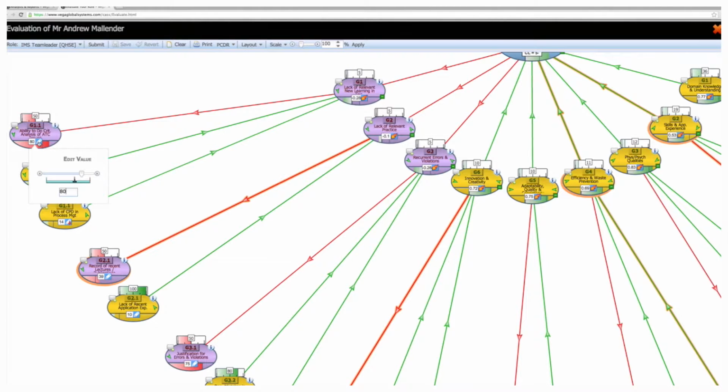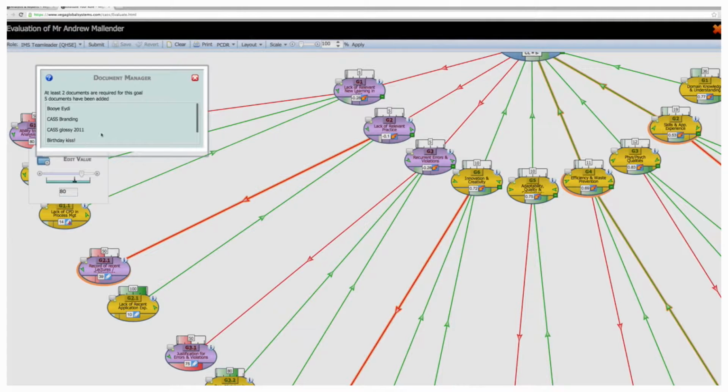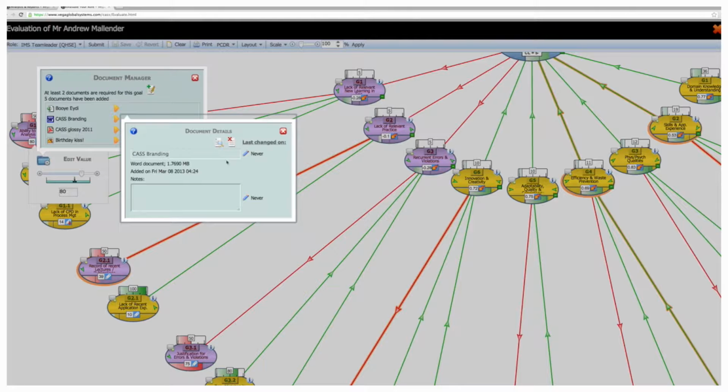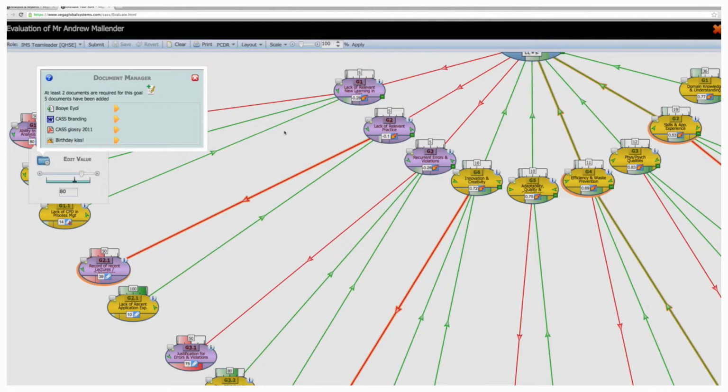And if I look at the predictors of this, here we have a number of documents that I need to deliver as evidence for fulfilling that particular criteria in the model. So I can upload a particular document here and say, here's my evidence, here's my degree, or here's a letter of recommendation or a letter of satisfaction from the client. So those documents can be uploaded and attached to the right parts of the model as an integral part of